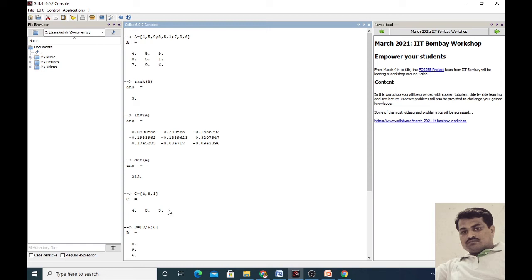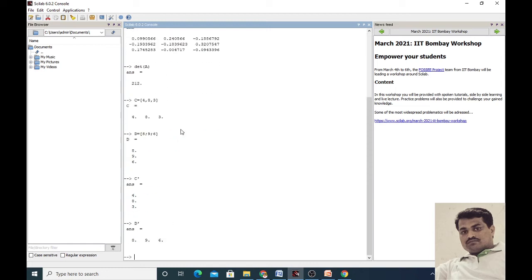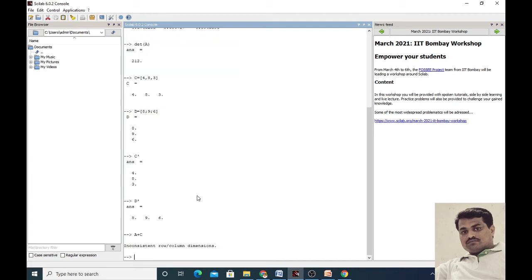C is the row matrix and A is the square matrix. If we take capital A plus capital C, we get an error about inconsistent row and column dimensions, meaning the dimensions of A and C do not match. When the order of both matrices is the same, then we can take the addition.